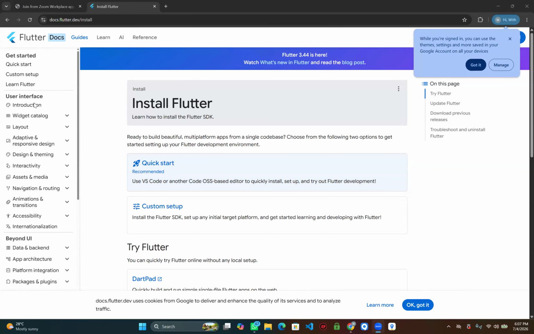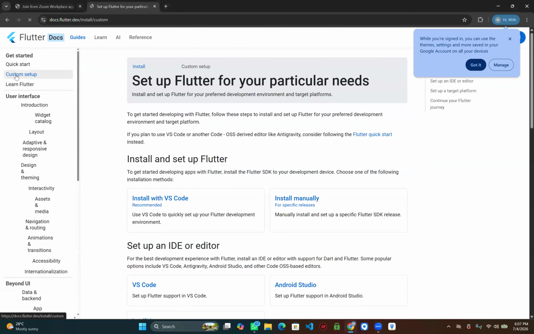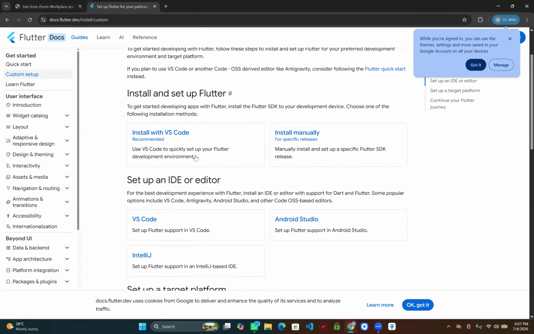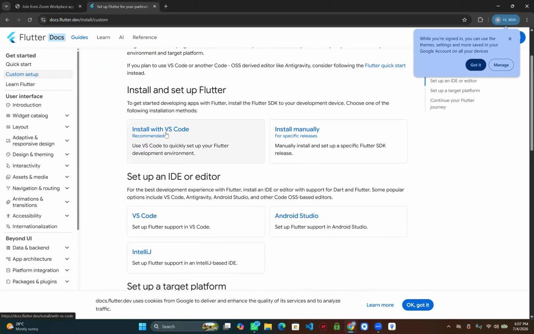I think you are not doing something right somewhere. Please go to custom setup. Are you there on custom setup? Yes, please. You see install with VS Code recommended, right? Yes. Install with VS Code.